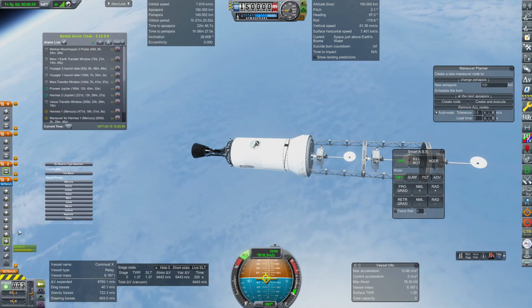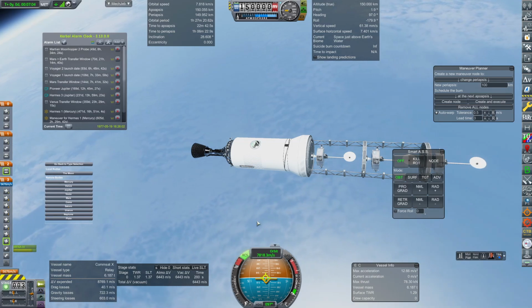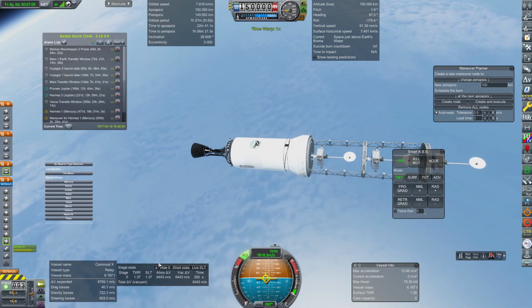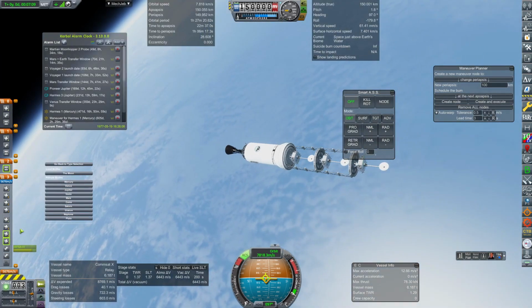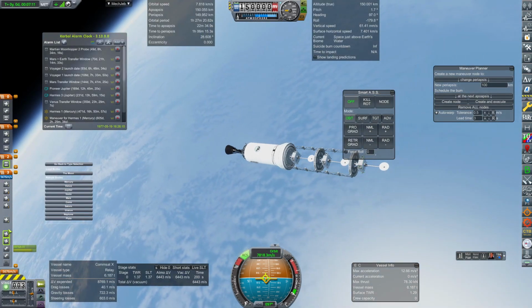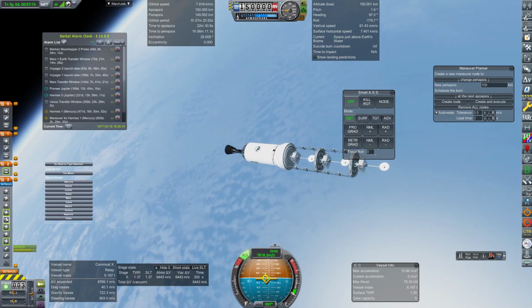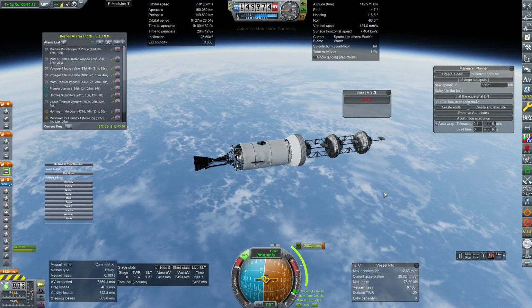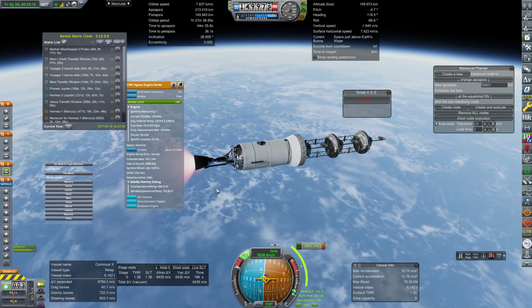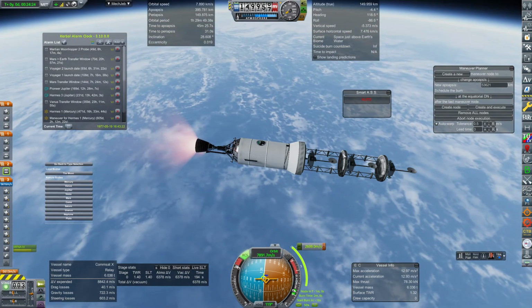So now that we are here, let's go ahead and try to fix our staging a bit. Or not. This doesn't want me to do anything with my staging whatsoever. At least not on those. Alright, coming up on our second of 3 burns, we have ignited the Agena engine, and we are pushing on towards our apogee of